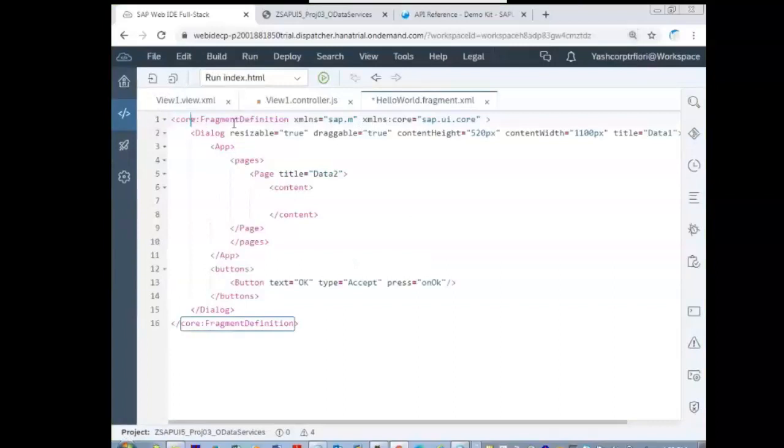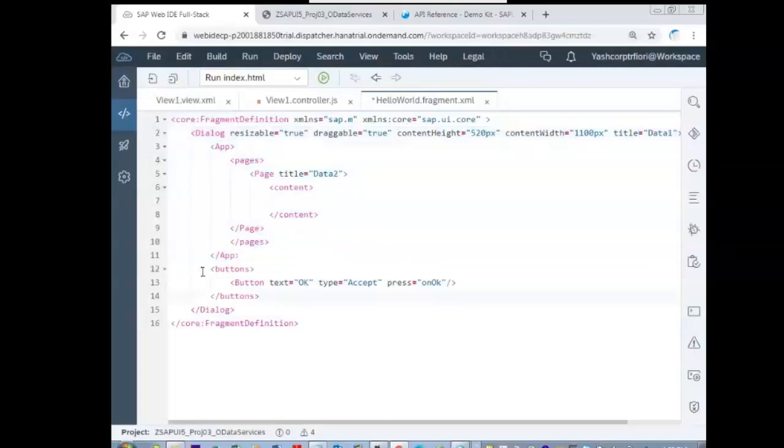Core colon fragment definition, XML namespace sap.m, XML namespace core sap.ui.core, dialog. This is a dialog control with resizable, draggable, content height, content width, title, and inside that you have app, pages, page.